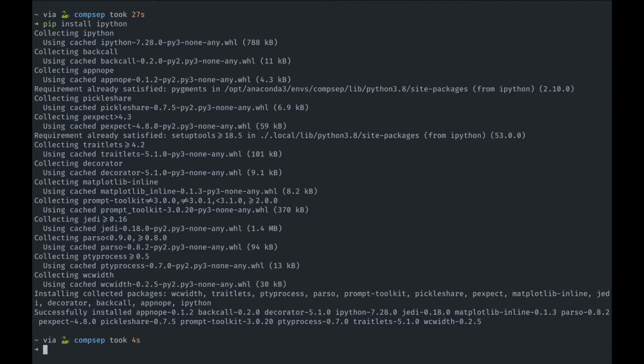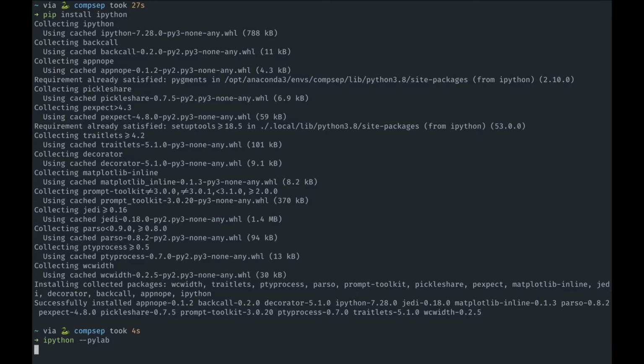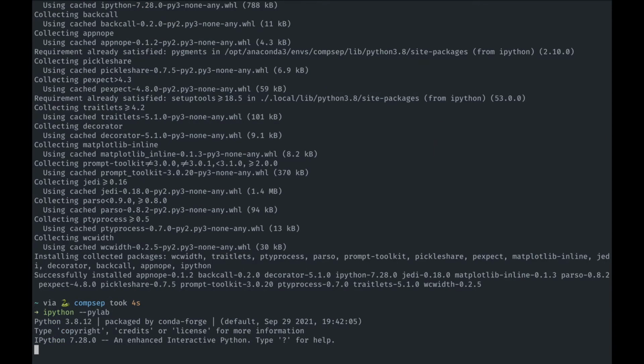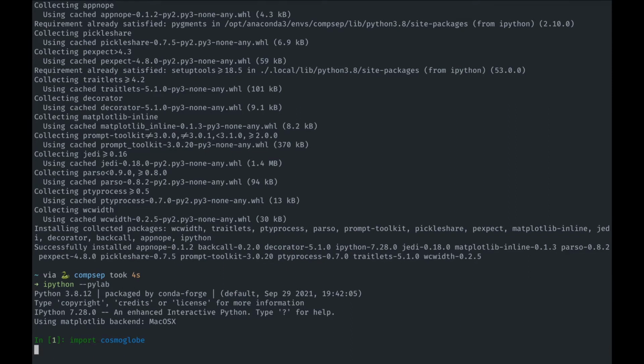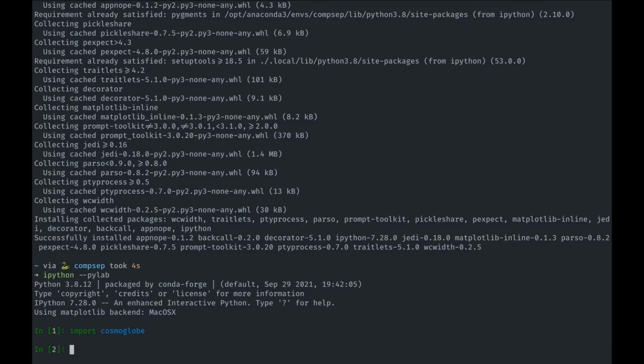So let's head into IPython. I'm using this PyLab flag to get some auto-imported stuff and plotting functionality. Okay, so let's start by straight up just importing Cosmoglobe. Since this is the first time we do that, it might take a few seconds. Okay, so now that we have imported Cosmoglobe,